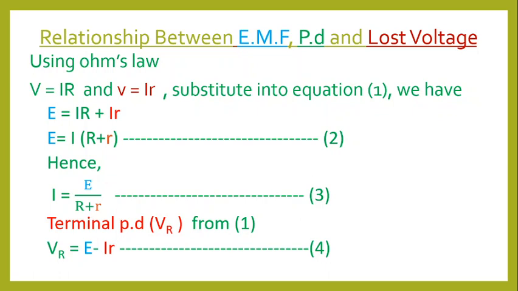Now, the last point we need to take note of here is a very common question in WAEC, NECO or UTME: why is it that electromotive force is always greater than terminal potential difference? The simple response you can give to this one is that part of the voltage in the EMF would have been consumed by the internal resistance, or part of the voltage would have been lost to what? Internal resistance. That is the simple response you are expected to produce. And that is the summary of what we have for this video.